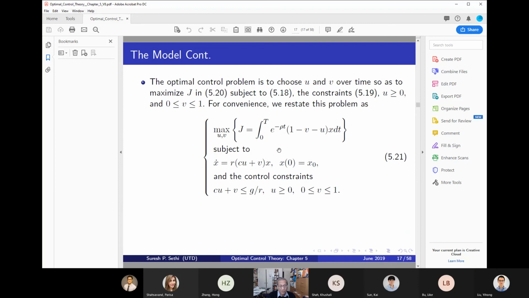So I'm going to close this. We're going to solve this problem now. We're going to solve the problem of maximizing this value objective, which is coming from here, by using the control u and v with the differential equation given by this, and the control constraints u bigger than 0. Certainly, I don't want to. This is